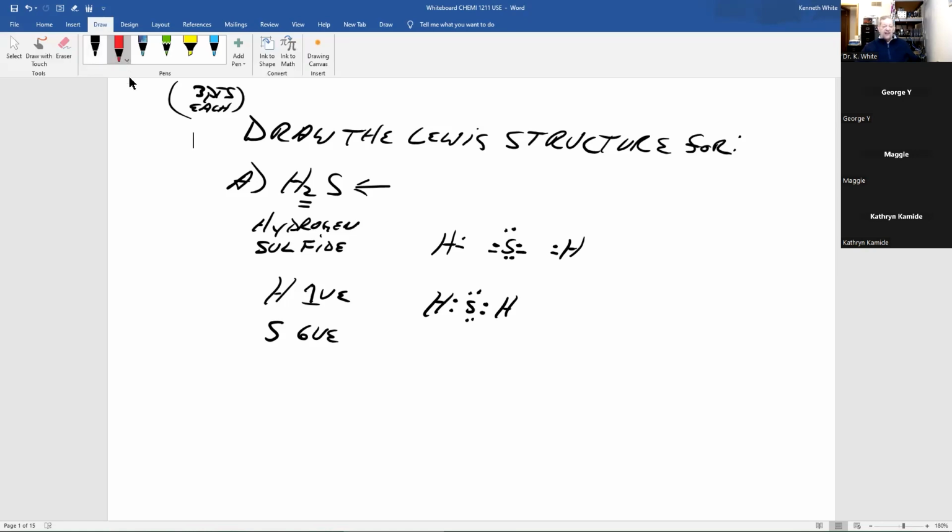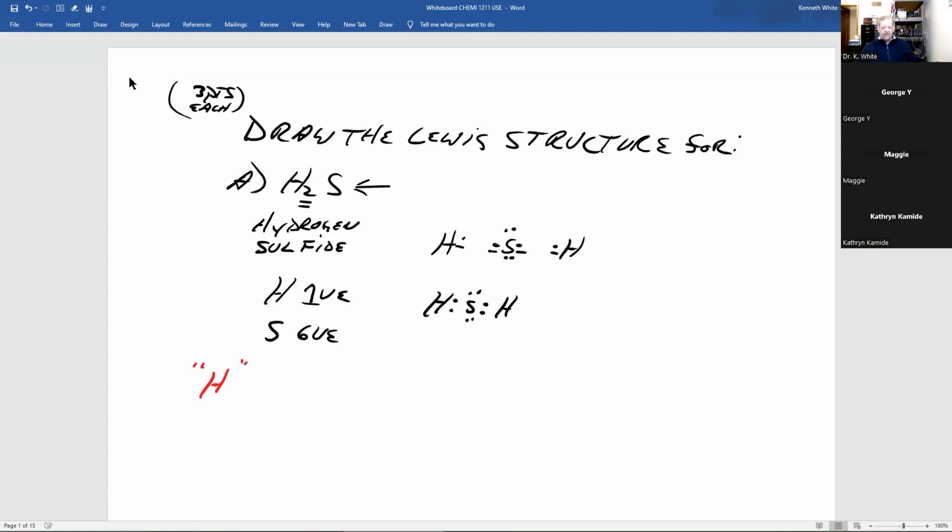Now, let's go through and check the octet rule. Remember, in molecules, especially Lewis structures, the way I have it, and I'll show you something else later today, atoms share, gain, or lose electrons in order to have an octet. The one exception is hydrogen: its octet is 2, not 8.